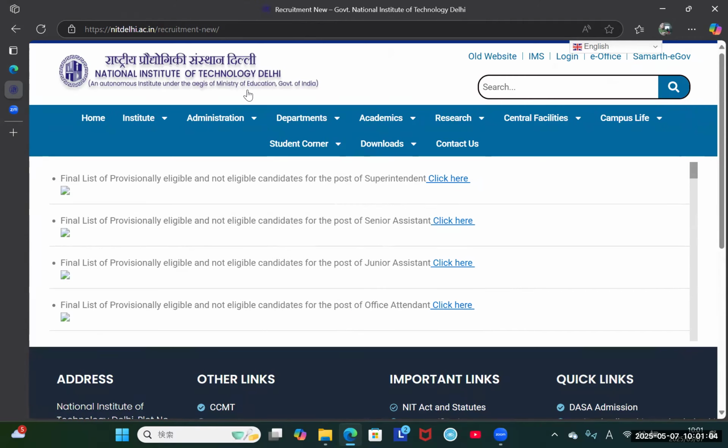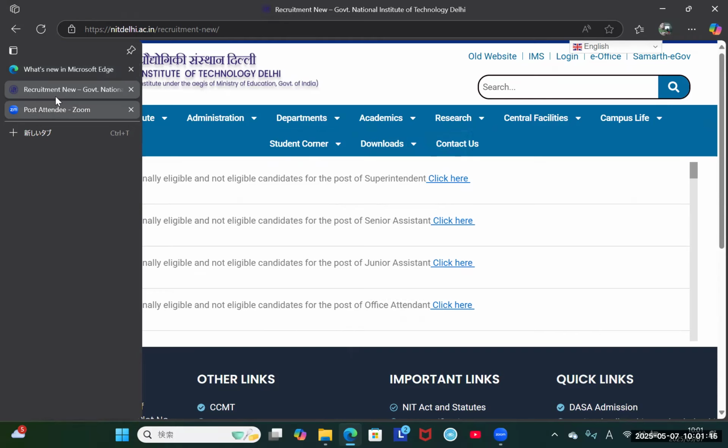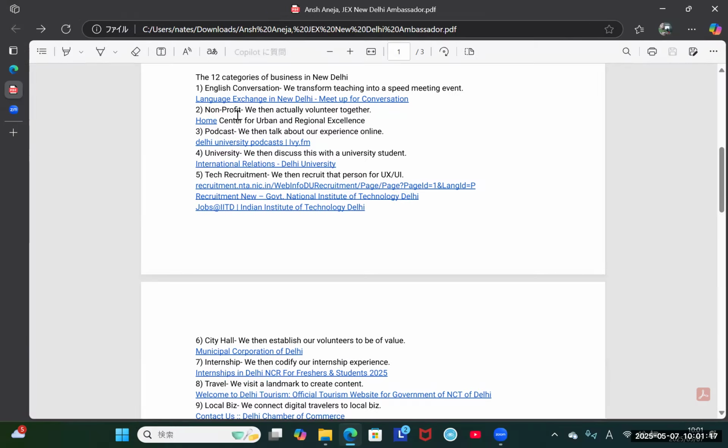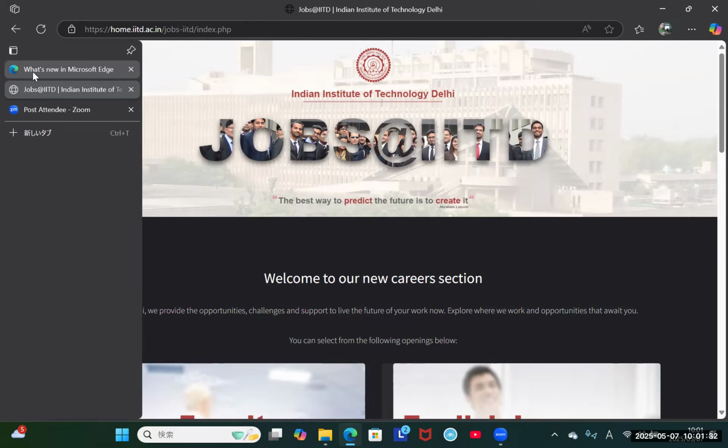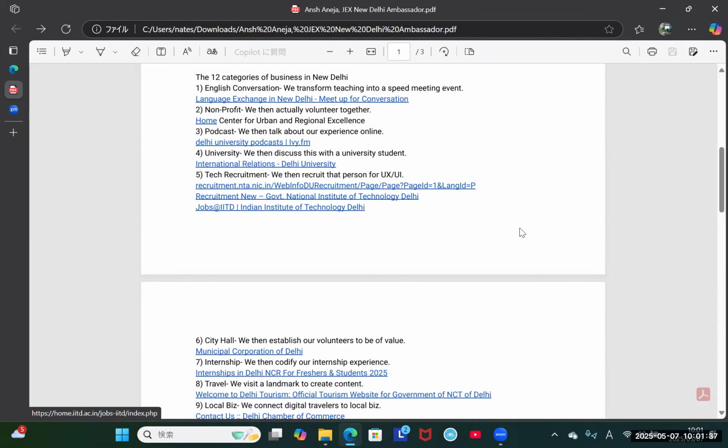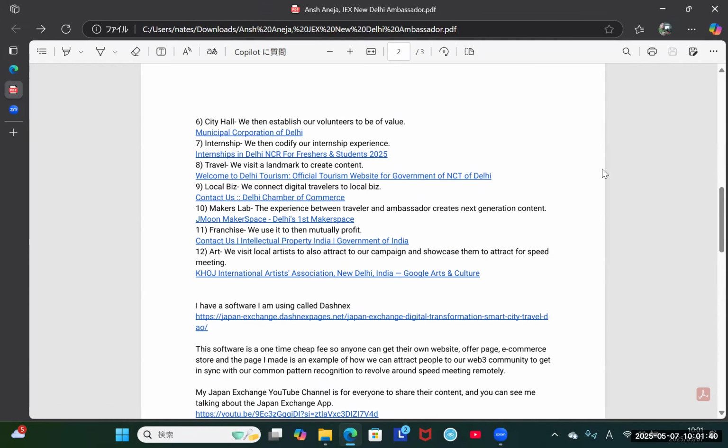So we're just reaching out to these current institutions, because now we have the National Institute of Technology. We're looking for where these computer engineers are, who are so common in India, and how to be a pipeline to introduce them, of course. We looked at this site that has active jobs, because we're looking to offer our remote work as jobs that they can do that will give them preparation for real international collaboration, which we provide in the Japan Exchange.